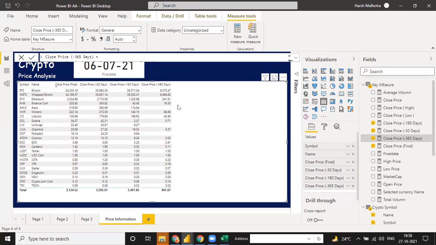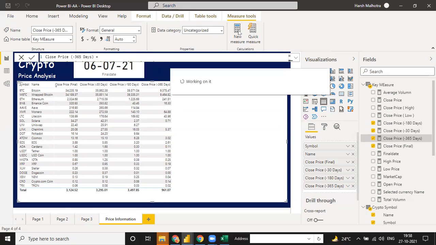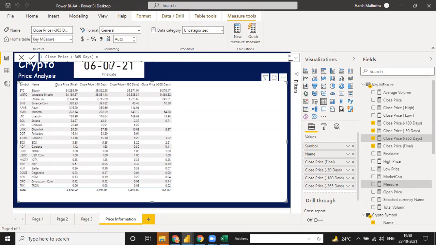Suppose I am using a new measure, just a simple Excel calculation. So write it here as percentage change. Right now I am calculating for minus 30 days.